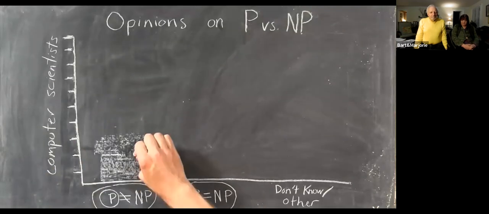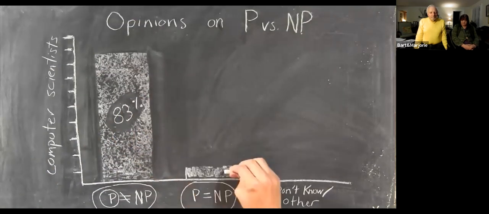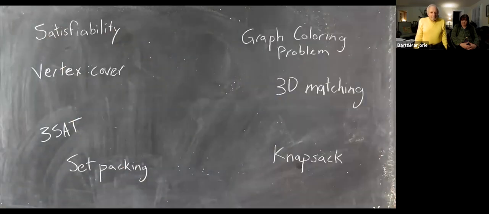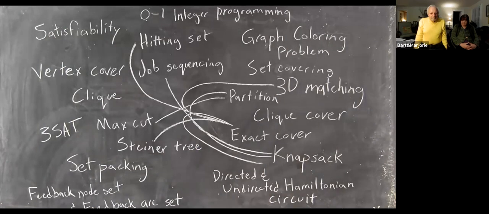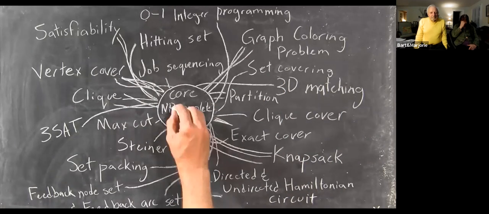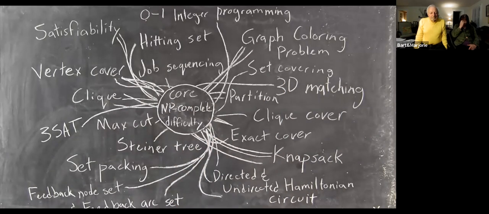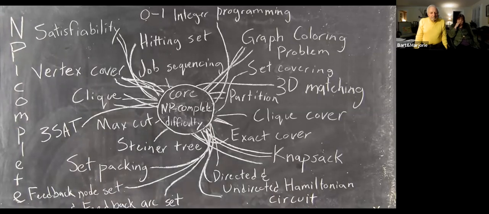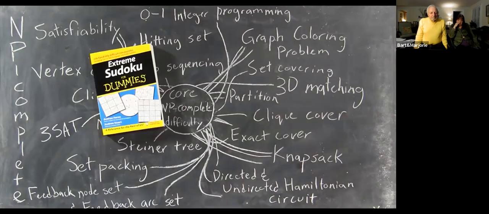Actually, pretty much everybody thinks it's obvious that NP contains more problems than P. It's just that we haven't been able to prove it. The bad news for fast solutions came in the early 70s when complexity researchers realized that dozens of those NP problems they were struggling with were essentially all the same problem, with some easy polynomial time complications thrown in here and there. These are called NP-complete problems,